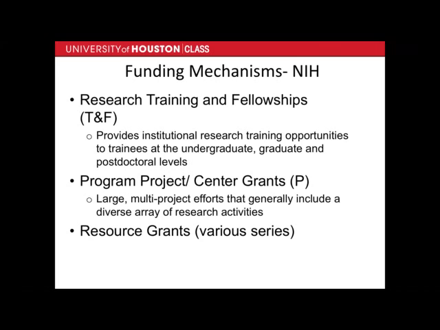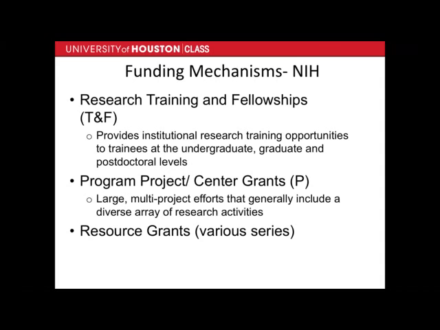but they're really, really good opportunities for students. And typically with those, just FYI, the student doesn't actually apply for those. The principal investigator, which would be a faculty member, actually applies for it,